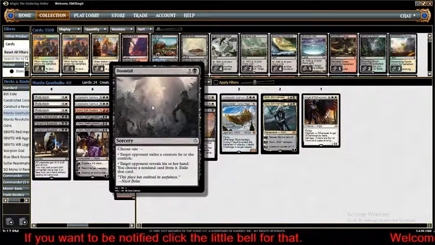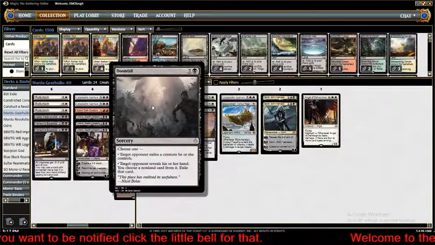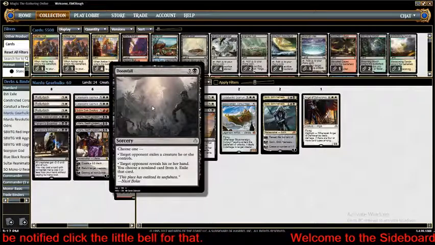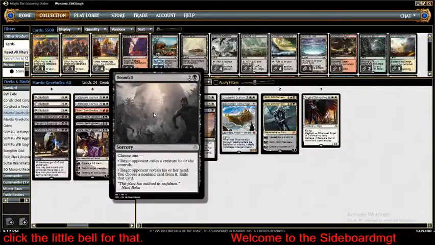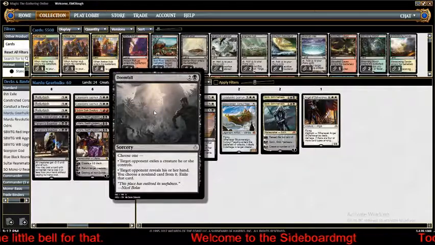Make them sacrifice their one dude they have left that you just can't get rid of, or rip something out of their hand. The non-restriction on this, you can choose any non-land card from their hand and exile it. Extremely powerful. I also love the fact that Doomfall is 1 black mana, so it fits in these 3 color